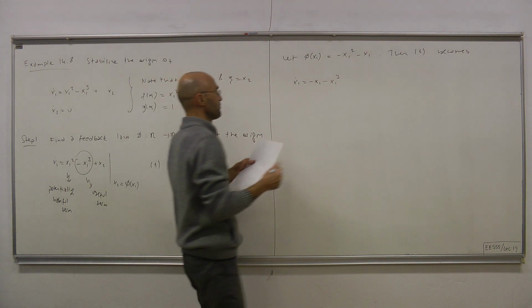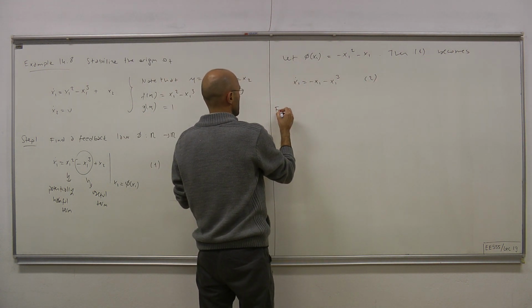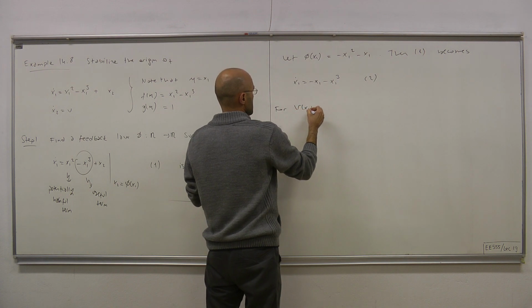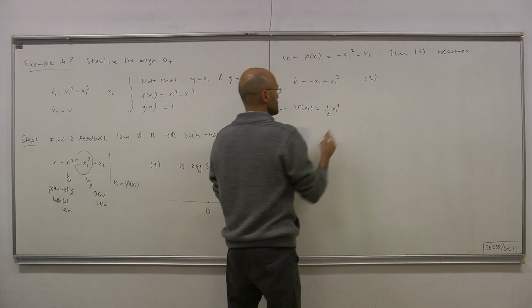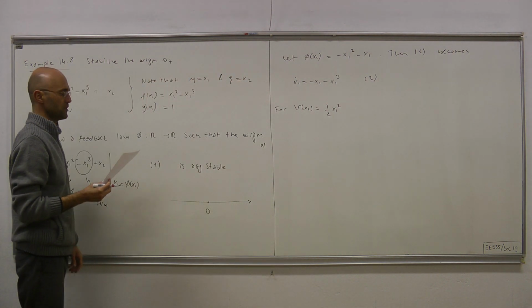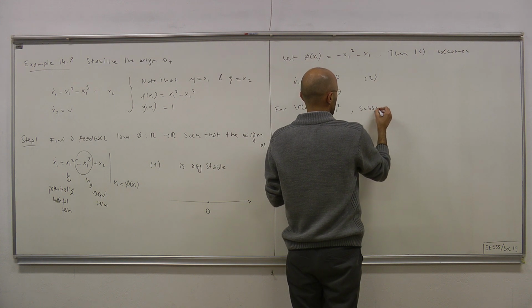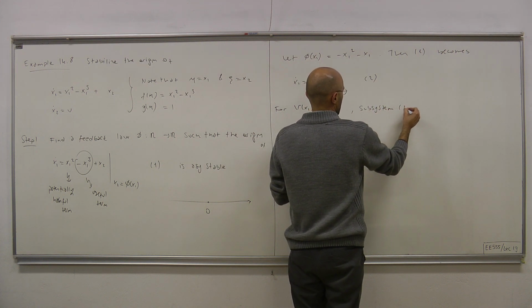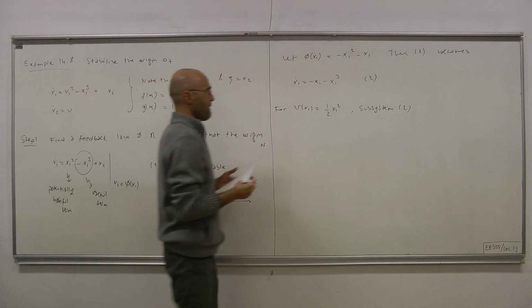Let's call this subsystem 2. For the Lyapunov function, V of x1 equals 1/2 x1 squared. Okay, so that's the simplest Lyapunov function. Subsystem 2 satisfies